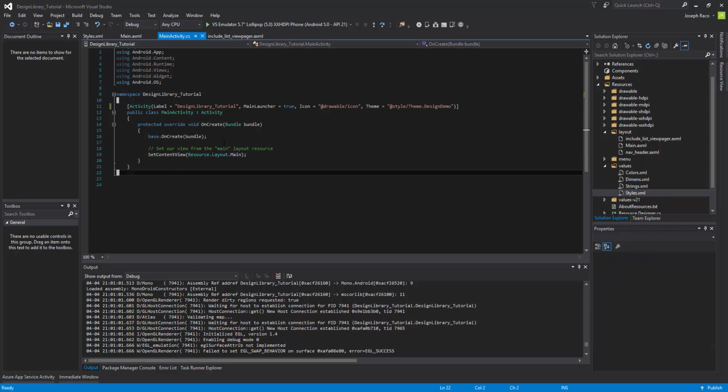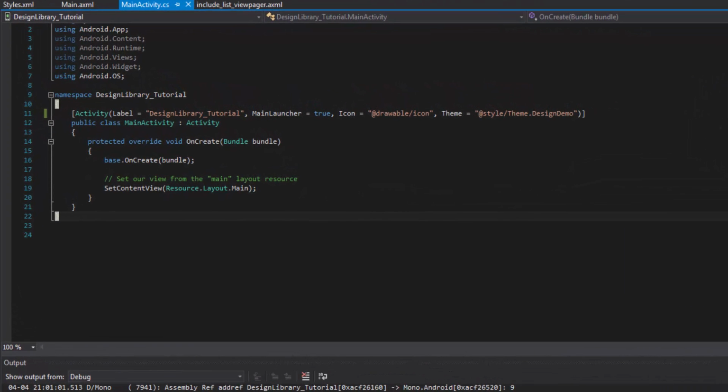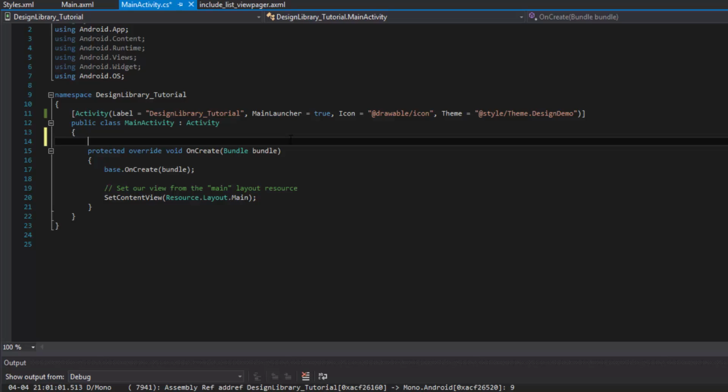So our main activity is what's going to be hosting all of the view pager and the tabs and all of that stuff. So that's where a lot of the hosting is going to be, and then we're going to segment the tabs within fragments. So each tab will be a fragment that is inflated and has its own logic and its own life cycle and everything. So it's a very cool layout. It's very fundamental to Android development at this point. And hopefully this gives you more of an example, not just of a design library, but if you're not familiar with the way that the whole fragment tab